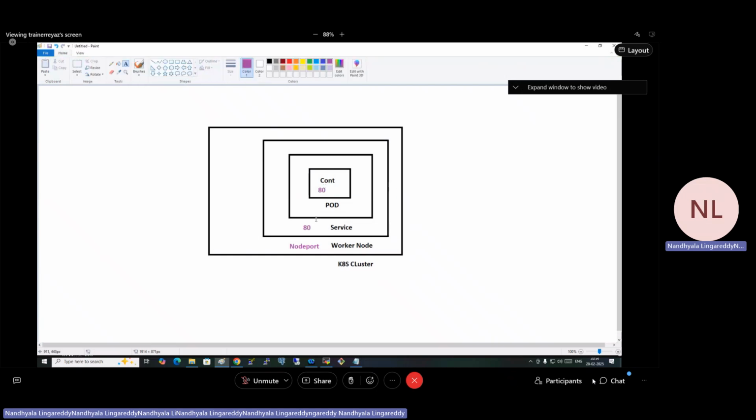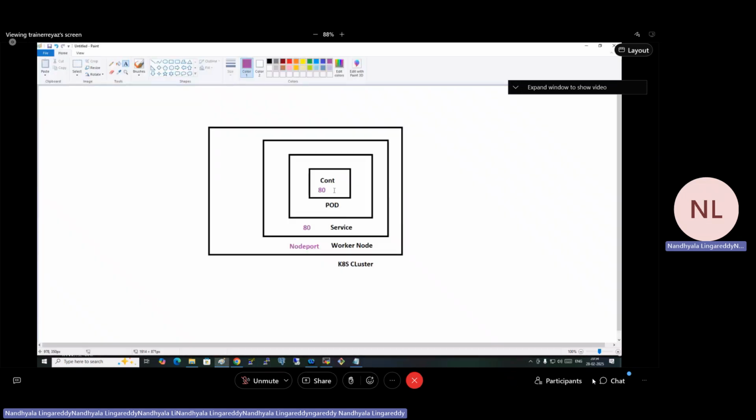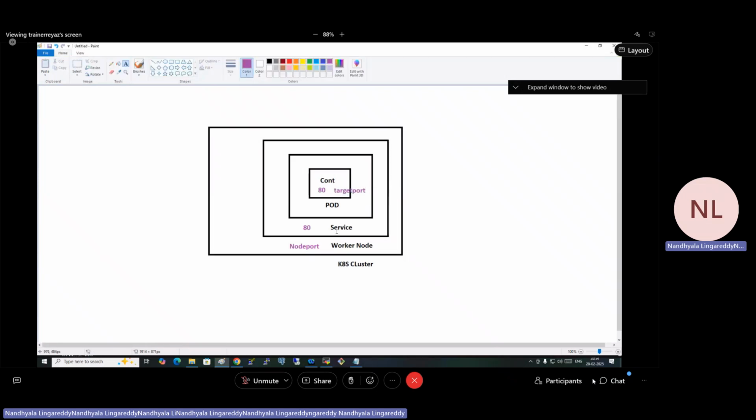Understood? Okay, super. So this is the target. Target port is this one.